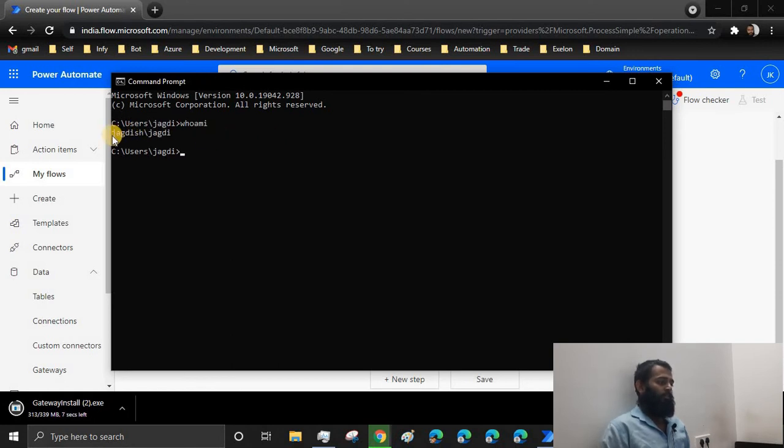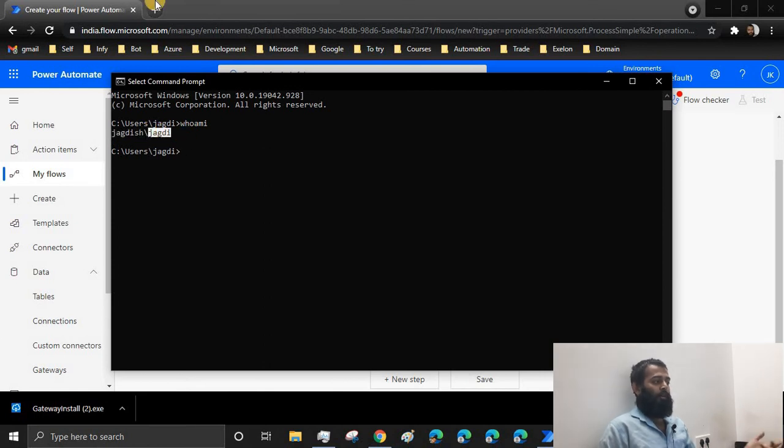So this is your machine name and this is your username. So if you're using an enterprise system, your machine name might be different, or you might have to enter the domain name. For enterprise systems, all the machines will be configured based on the domain. So here you enter the domain name and then here you enter the username.